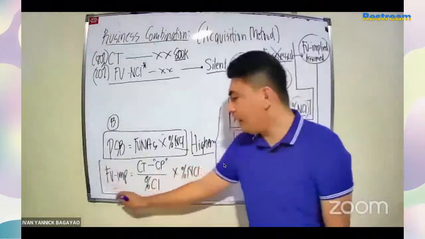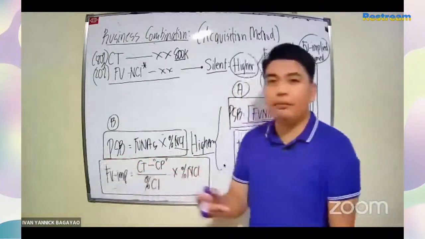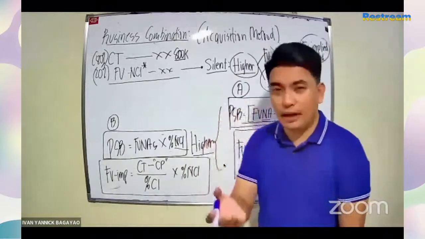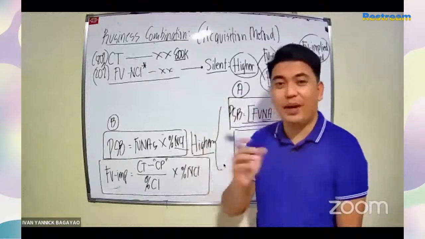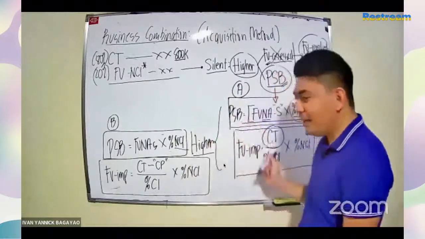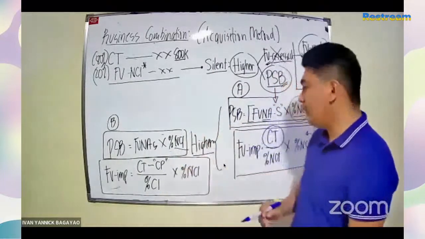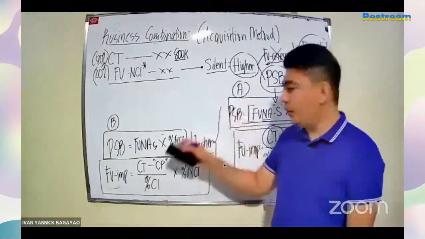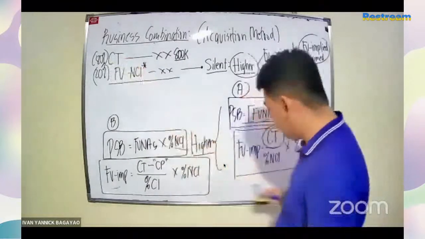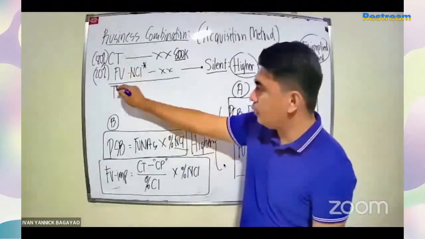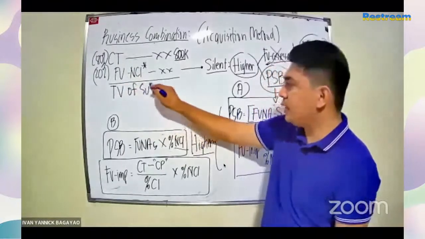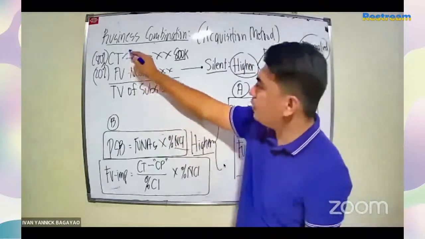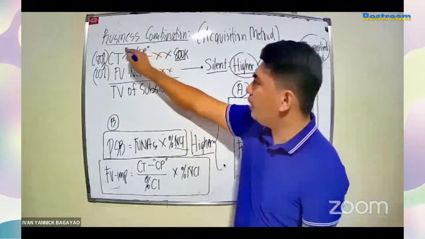Okay? Yan. Sir, paano kapag may control premium at meron namang assessed fair value? Again, class, let me remind you na mag-a-assume ka lang or mag-i-imagine ka lang kung walang actual na binigay. Diba? Mag-i-implied ka lang kung walang assessed. Okay. Now, whether it is at assessed fair value or implied, itong consideration transferred mo na ito sa taas, sa pag-compute ng tinatawag nating total value of the subsidiary before you compute for the goodwill or income from acquisition, this is always with control premium kung meron mang binigay sa problem.